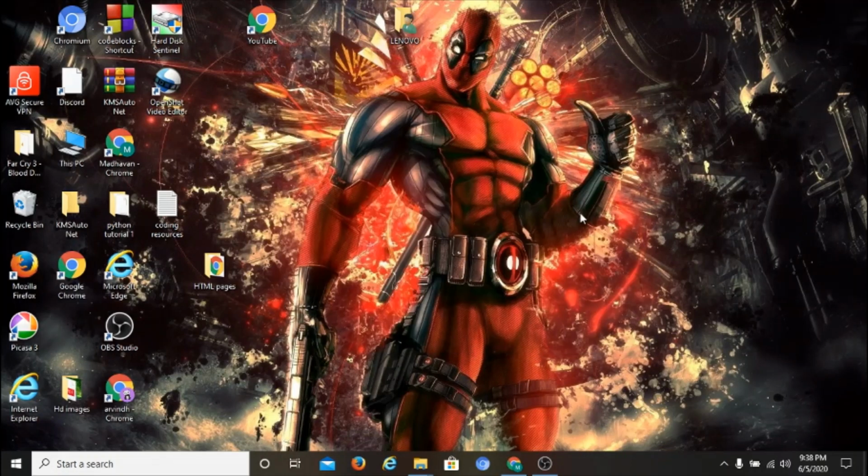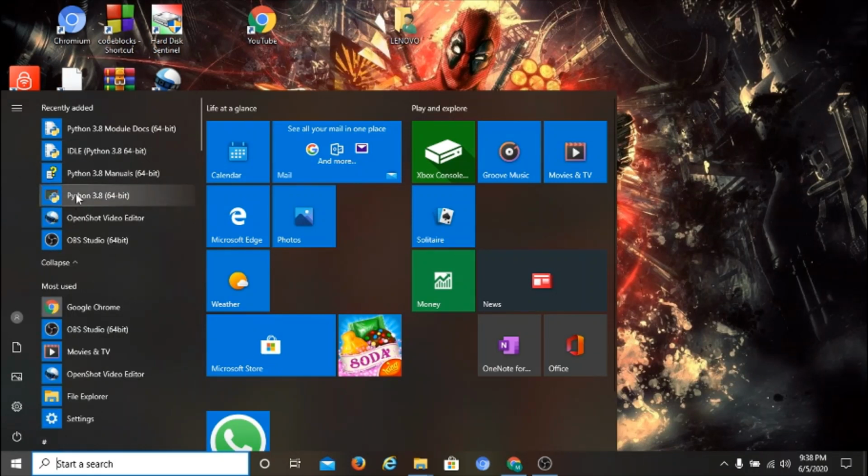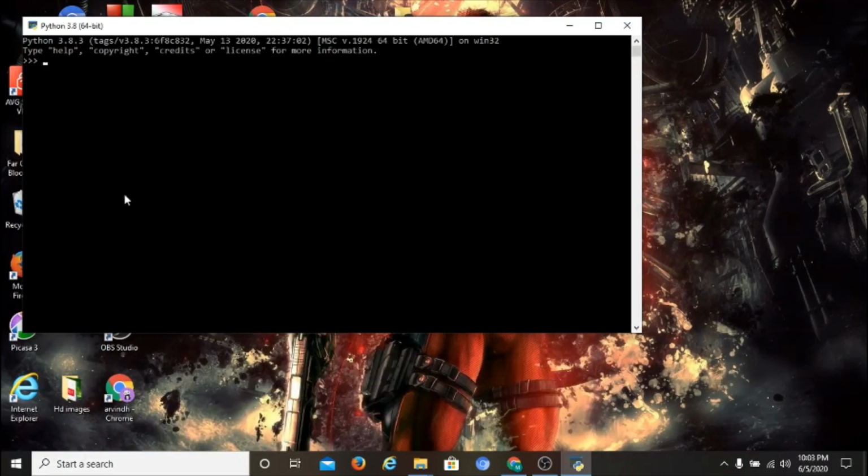Now I'm going to click on the Windows icon, and under the recently added section I can find Python 3.8 module docs and Python IDLE, and if I further expand it, I can see Python 3.8 manuals and Python 3.8 command line prompt. Here it is. Now I'm going to check whether it's working by typing in hello world.